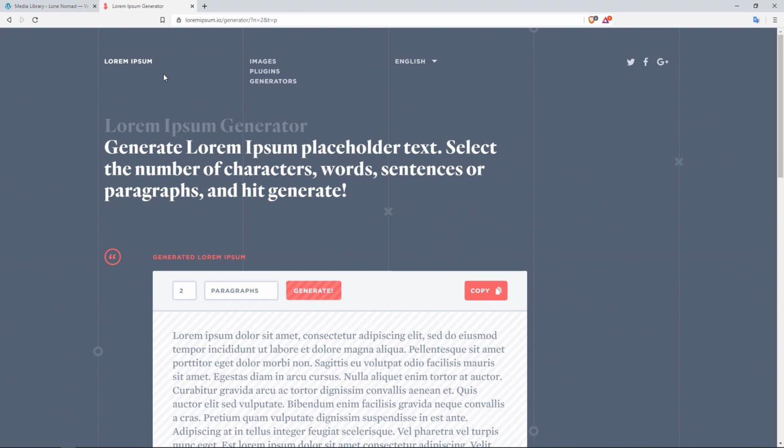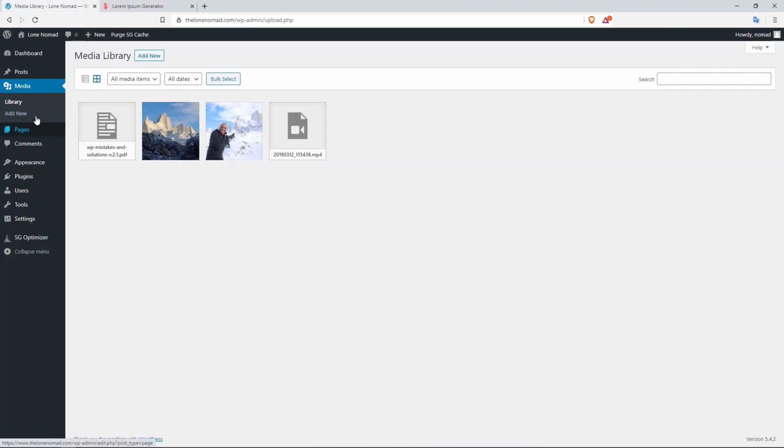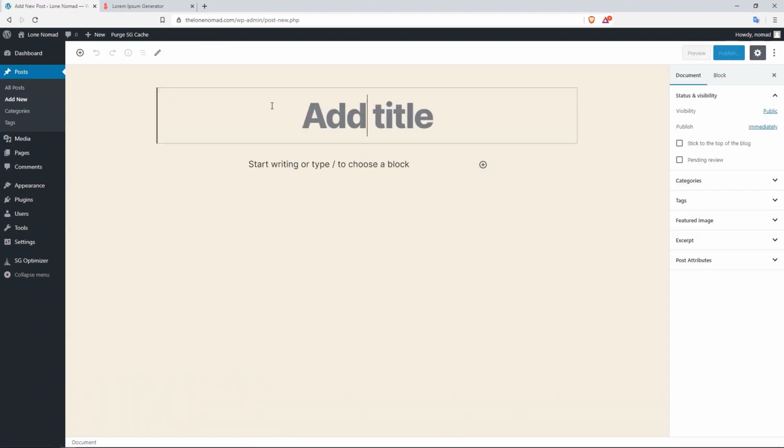Okay. And then from here, I'm going to head back in here. Let's go over to posts, click on add new. And now for the title, this is where we now need to begin to apply some SEO techniques, some search engine optimization techniques. Whenever you're choosing the title for your post, try to include the keywords or the key phrase that you're targeting. In this case, I am going to say hiking to Mount